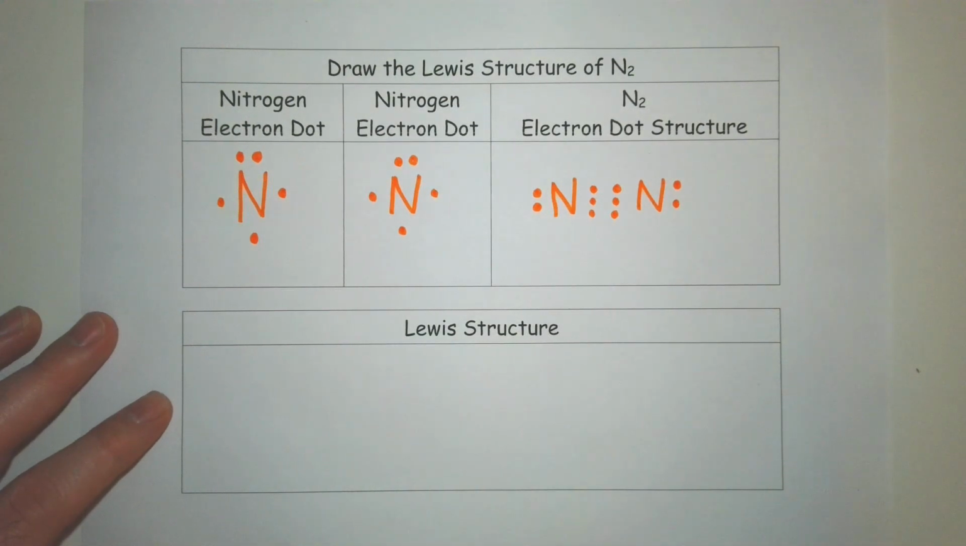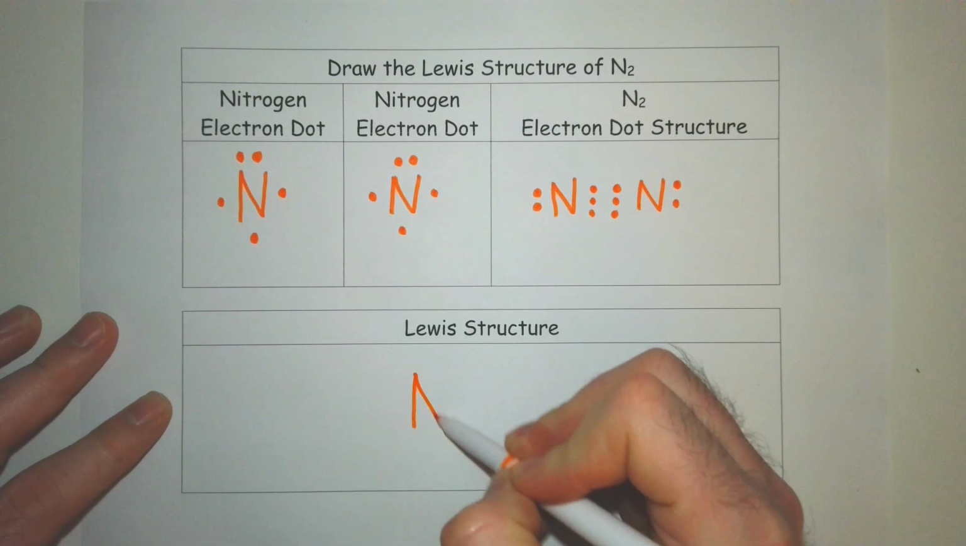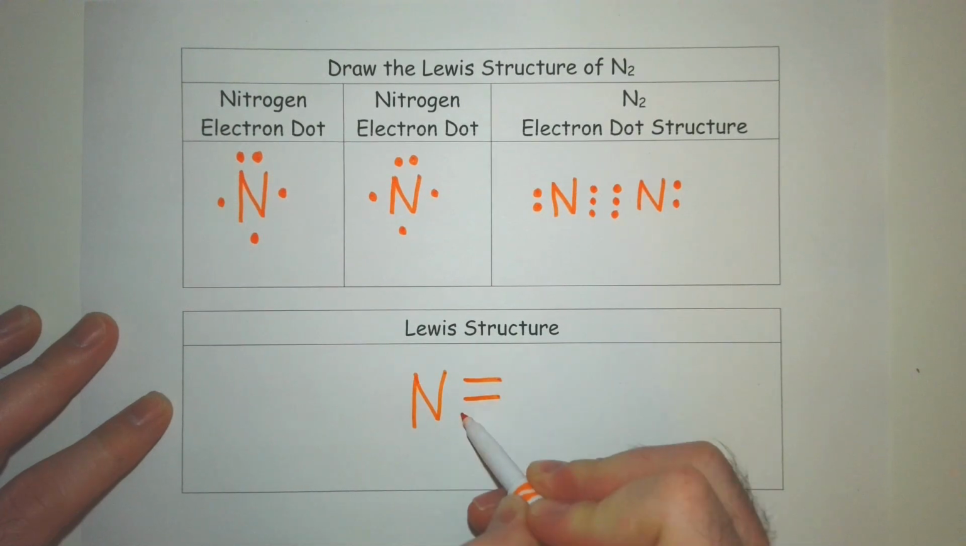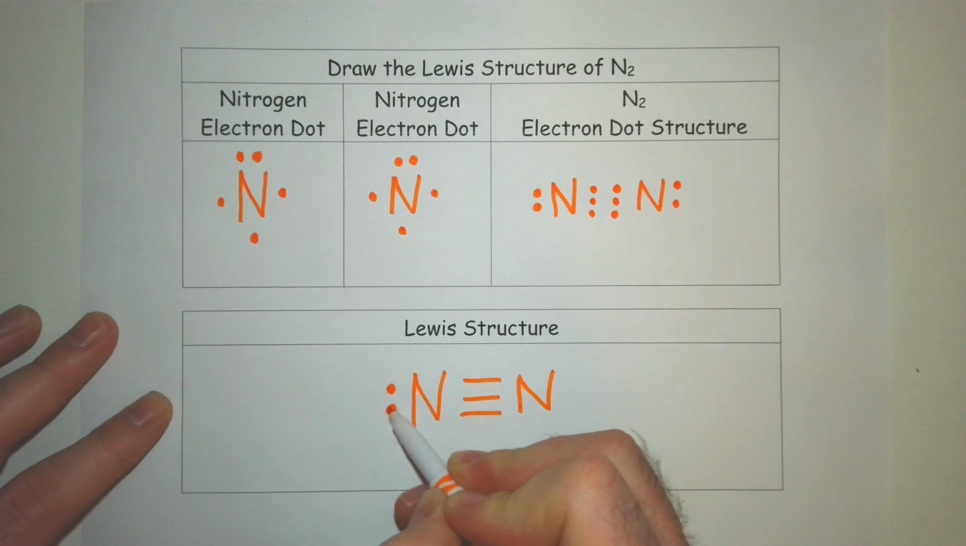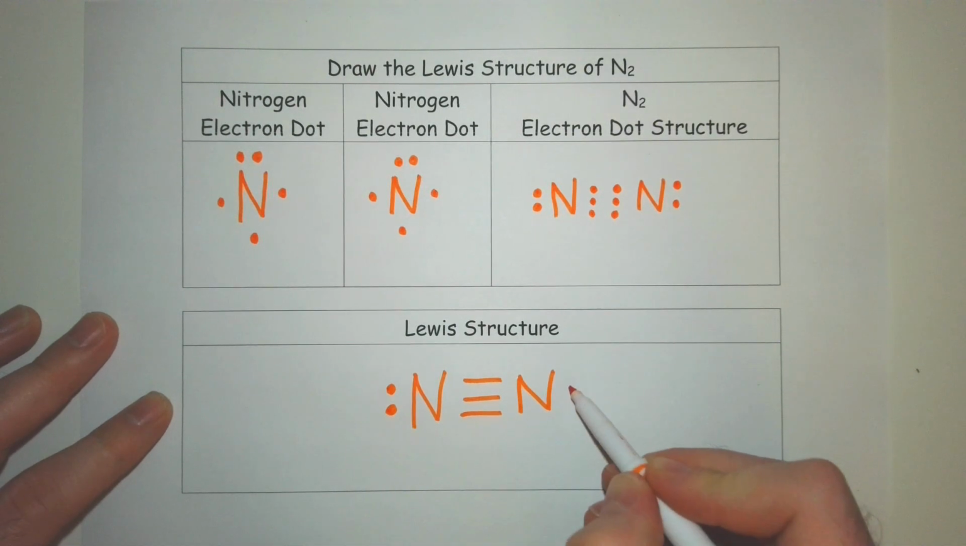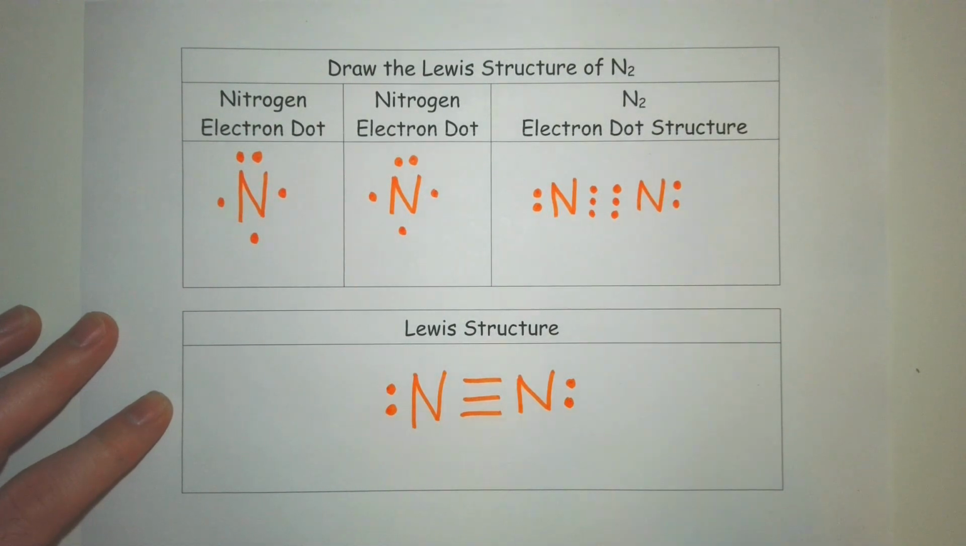Now the Lewis structure is going to be similar to the electron dot structure, except for every 2 electrons being shared, we're just going to have a line. And so it's going to look like this. And in Lewis structures, you are also going to display the lone pair of electrons that are still in the